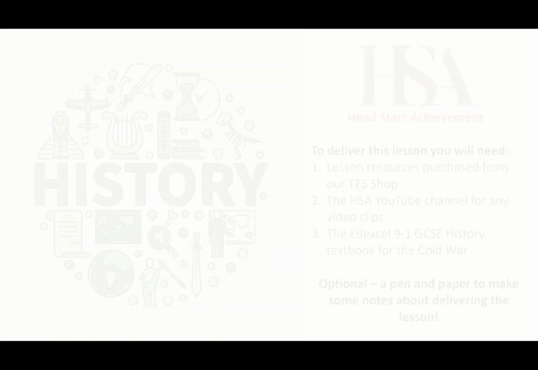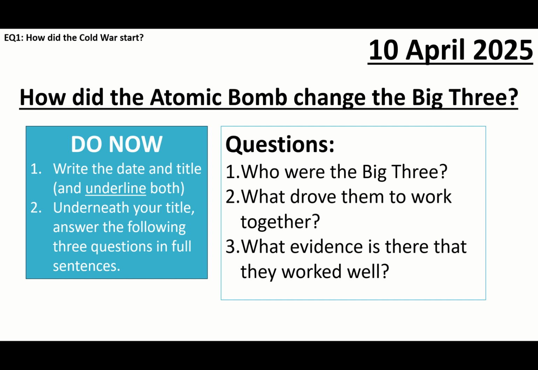to deliver this lesson. So we start off with the date and title, how did the atomic bomb change the Big Three? The objective is effectively just to recap what the Big Three is, what drove them together, and then the explosion of the atomic bombs within Japan, but also then the impact of those atomic bombs on the relationship